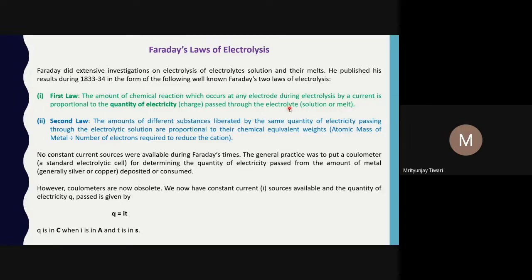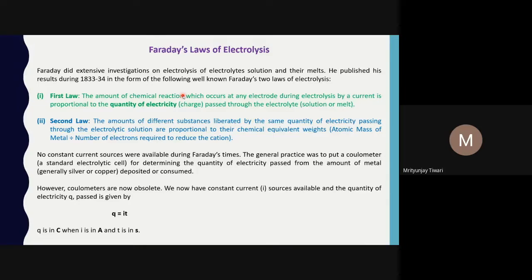Note, the electrolyte solution is the aqueous solution of the electrolyte, or the electrolyte melt, meaning the molten electrolyte, or the liquid electrolyte, you can say, the electrolyte in the liquid form. So when we talk about the quantity of electricity, you should remember that we are talking about the electric charge. And the amount of reaction, what kind of reaction will take place at the anode,